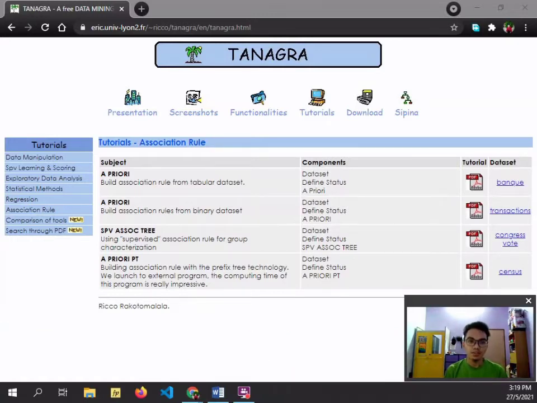Tanagra represents free data mining software for academic and research purposes. It provides several data mining methods from exploratory data analysis, statistical learning, machine learning, and databases area. The main goal of this project is giving researchers and students easy to use data mining software, and second goal